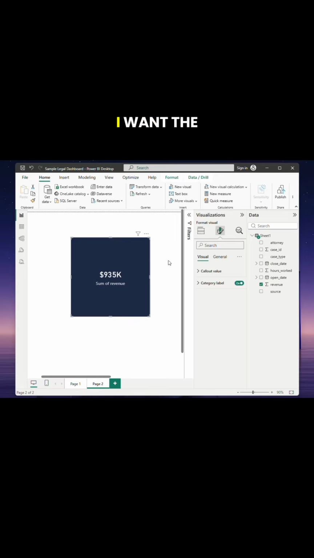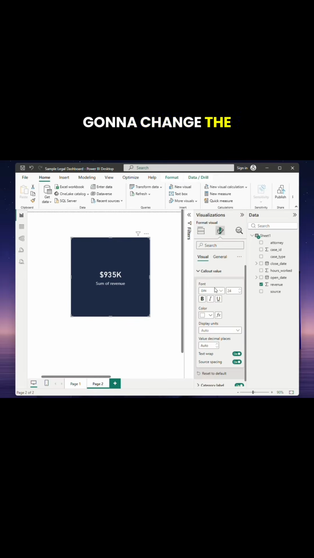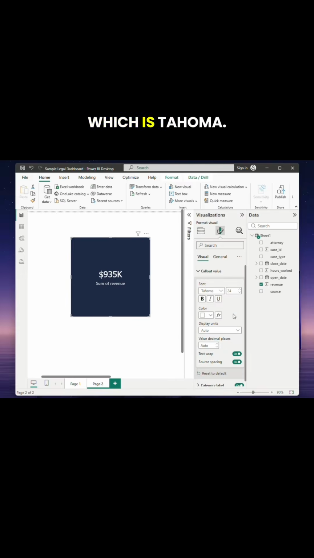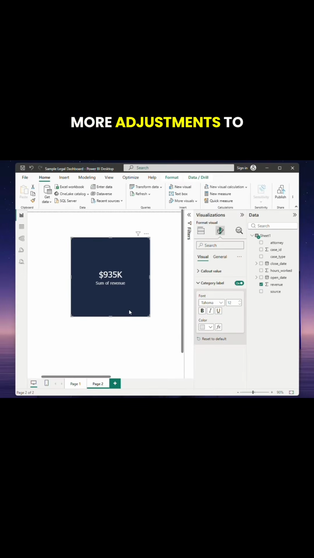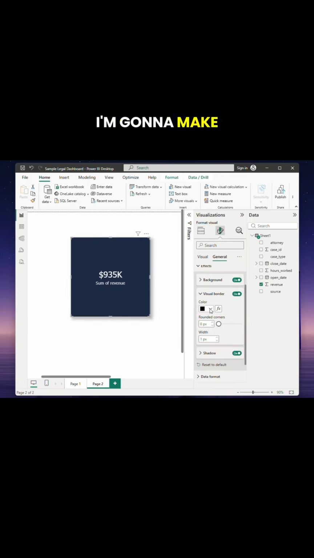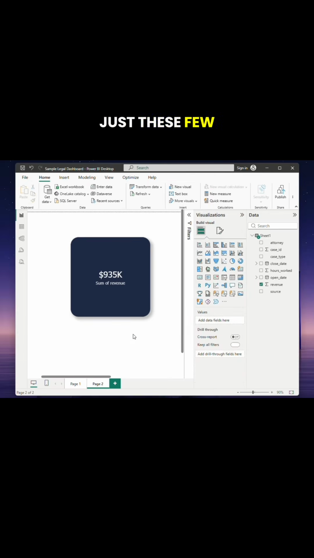Now, like I mentioned, I want the dashboard to match my legal firm's branding. So I'm also going to change the font to be the same font that I use in my firm's logo, which is Tahoma. Now, I'm just going to make two more adjustments to really make this card pop. Under General and Effects, I'm going to turn on the shadow option. I'm also going to turn on the visual border. I'm going to make the border color the same as the color of the card, and I'm going to round the corners as much as possible. Just these few slight changes made a